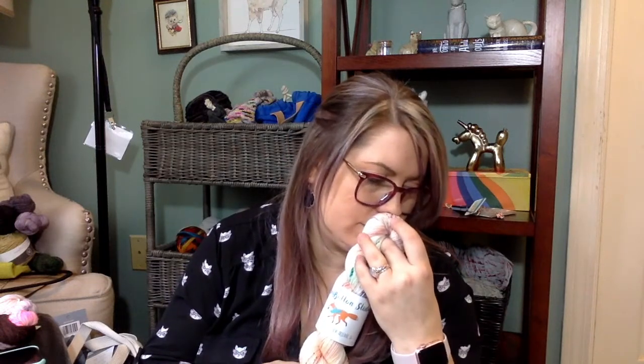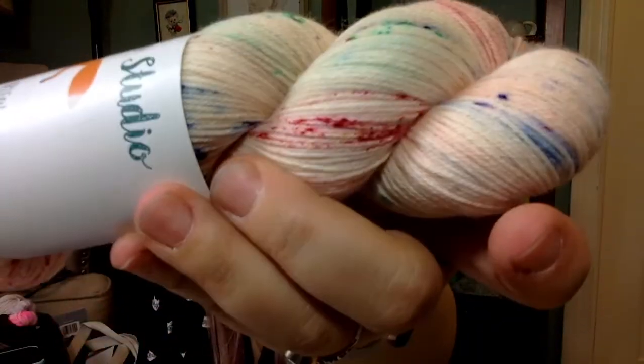I was gonna make socks out of this, but then I saw a pattern recently. I think it was on the Fruity Knitting podcast. And it was like a shawl that was made out of a skein of mohair and a skein of fingering weight, and I thought like an off-white mohair mixed with this could be really pretty. I'm not a huge mohair person, but I could just see that being really, really beautiful. So we shall see. And then the last thing I got, that's not true, there's still more, but